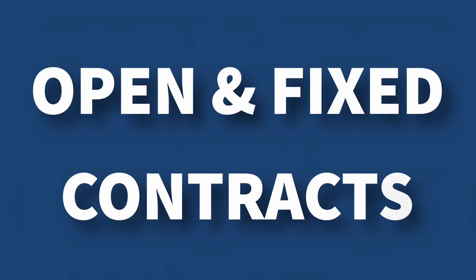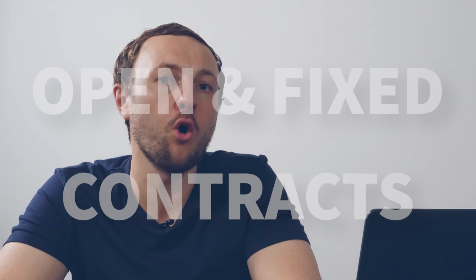There are a lot of different types of this, but the main two you're going to look at are open contracts and fixed contracts. So an open contract is often one where you can pay back whenever you want. After usually 6 months, there are no early redemption charges. And early redemption charges, if you pay something back early, you're going to get charged by the lender. The reason why they do that is they make money when you've got the money, not when they've got the money, right? So it makes sense. So after 6 months, there are usually no early redemption charges, and you can pay back at any point, usually within